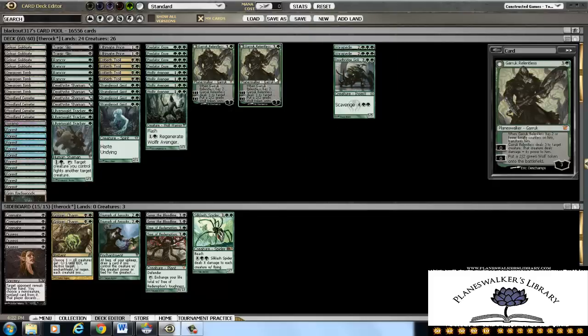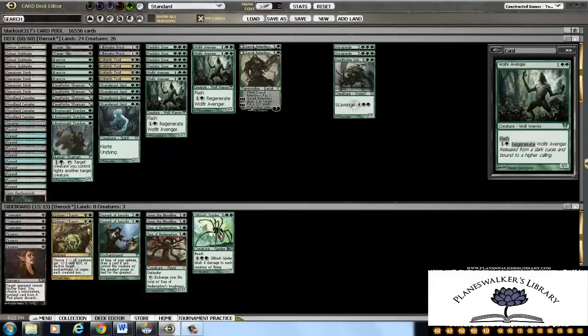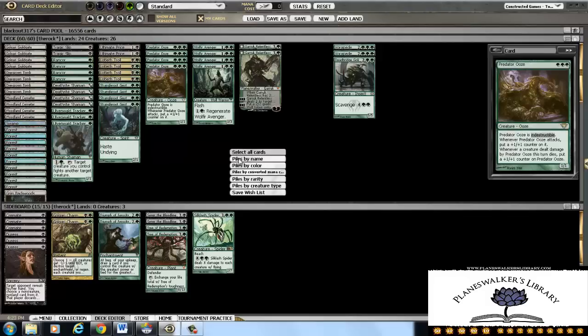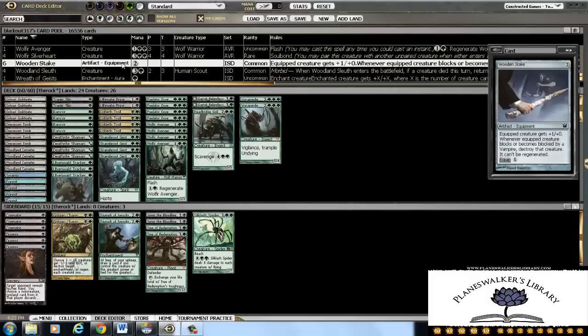Garrick sometimes wasn't amazing in matchups either. Wolfir Avenger was pretty good. I was a big fan of the Ooze, and that's about it. Deathrite Shaman. So, toying with some of the numbers, there's one card in particular that I saw before that I would like to talk about, although I can't spell it,